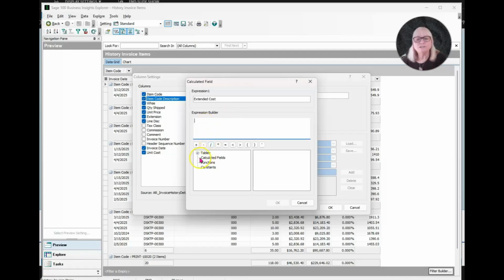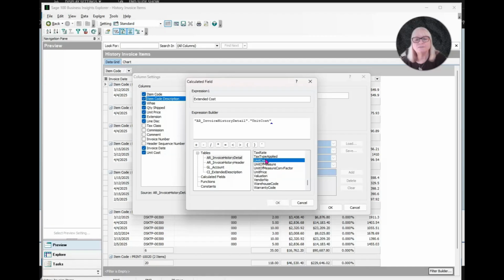And now what I'm going to do is add from the tables, from my detail, the quantity shipped, and we might have cost here.